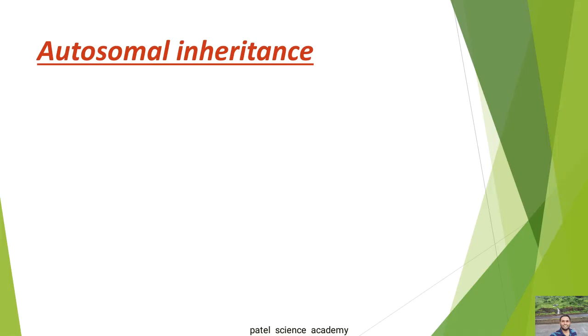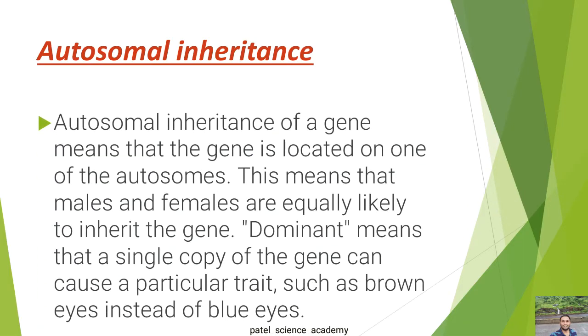Now we'll see autosomal inheritance. What is autosomal inheritance? The autosomal inheritance of a gene means that the gene is located on one of the autosomes, and this means that males and females are equally likely to inherit the genes. Dominant means that a single copy of the gene causes a particular trait, such as brown eyes instead